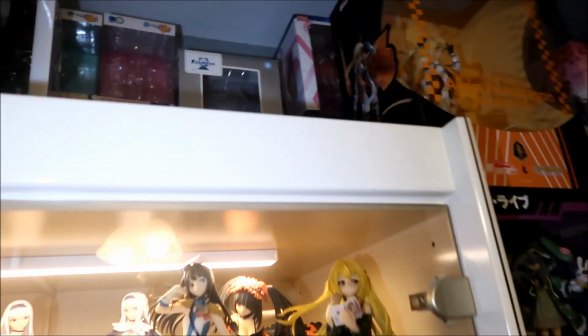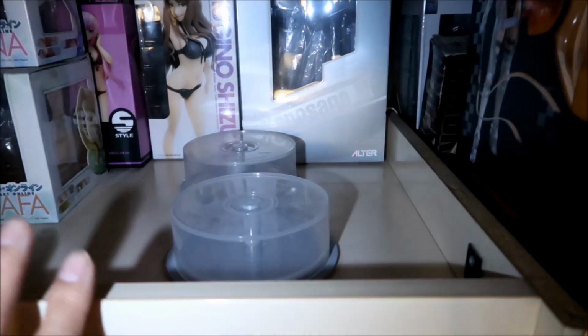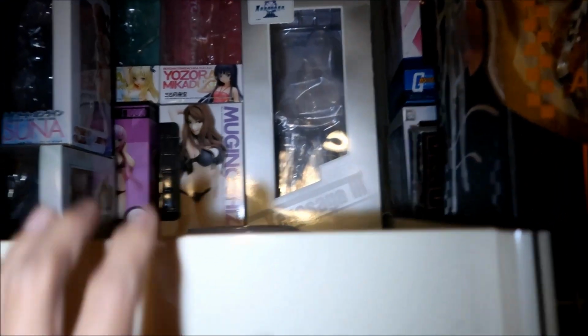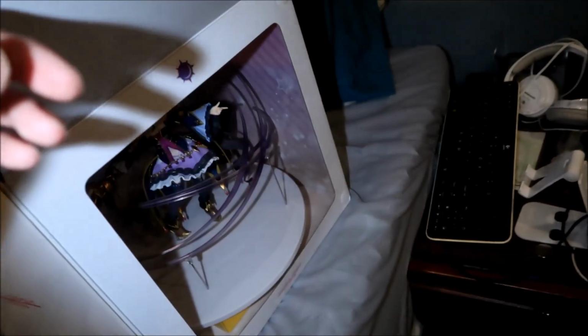I don't have any space in the Detolf, that's the problem. What I've decided to do is put her on top of this display cabinet. I put some CD spindle cases up here. I was using this to hold these boxes up here, so I don't really care. It fits perfectly up here. I was going to use the box as a display case, but I don't have any other big cube. If I can find a huge, like a 13-inch cube, then yeah, man, but...